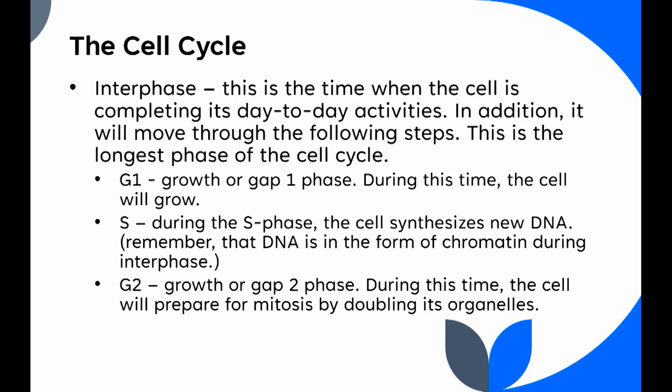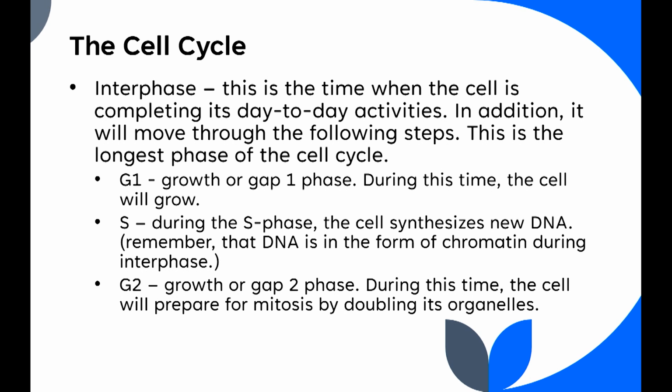So in the cell cycle, we start off in something known as interphase, okay? Interphase is when a cell is not readily dividing, it's just doing its day-to-day activities. In addition to this, it will move through the following steps. This is the longest phase of the cell cycle. So the longest phase of the cell cycle is known as interphase, and we can take interphase and divide it